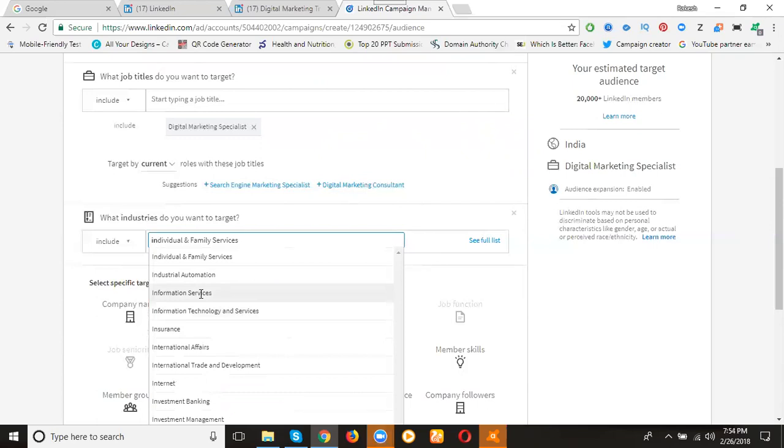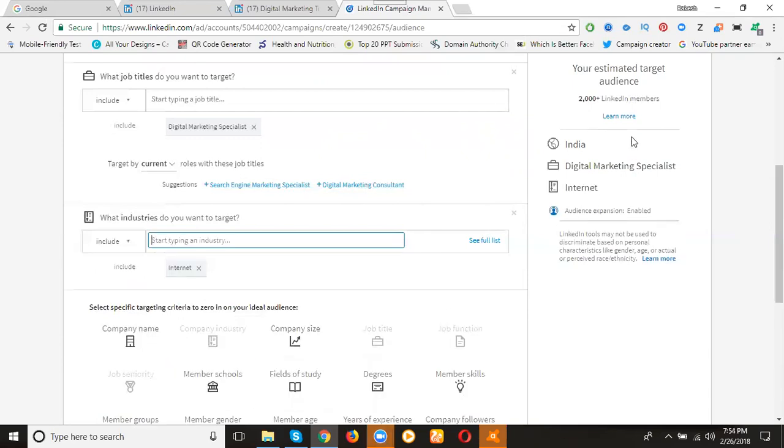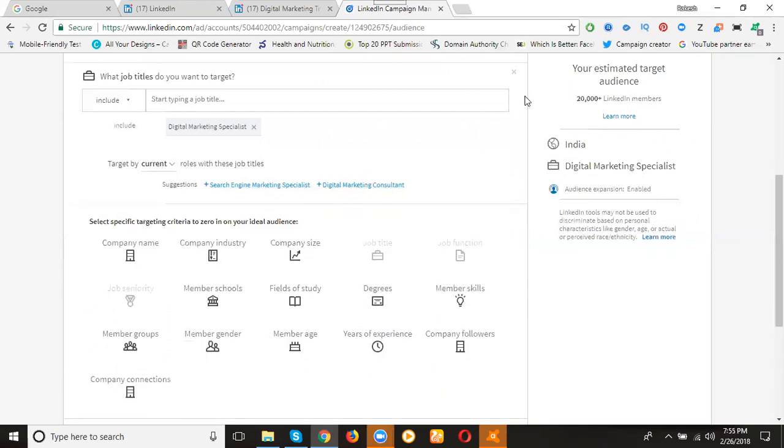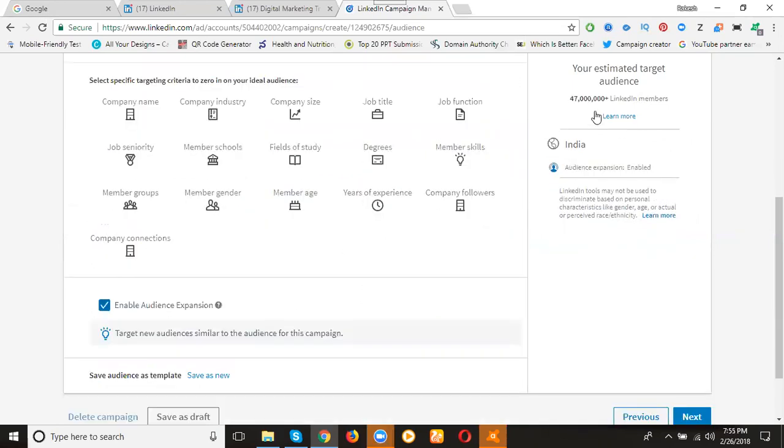I'm checking one by one. Internet: how many members are there? 2000 plus, so the members decrease. So I remove these and set it for all people, now 4 crores 70 lakhs.